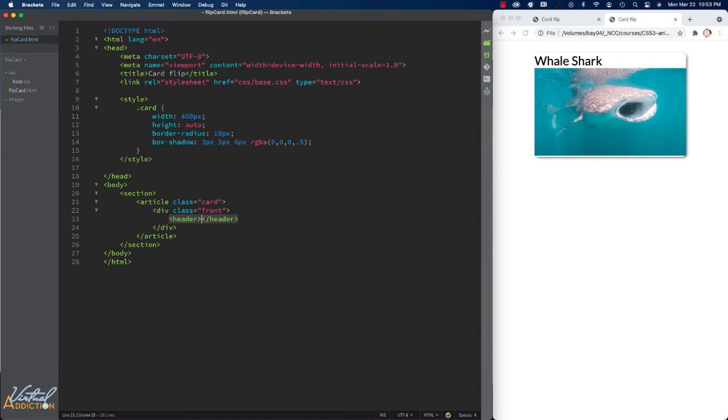I'll make a header tag, and the header tag is going to contain an H1 that says whale shark and an H3. That is going to be it for the front portion of the card. We're going to make the image appear as a background image, and I'll show you that in just a minute. Next, I'm going to make the back of the card. And again, the back of the card is going to have some text that says whale shark, and then we'll add a paragraph with some text that